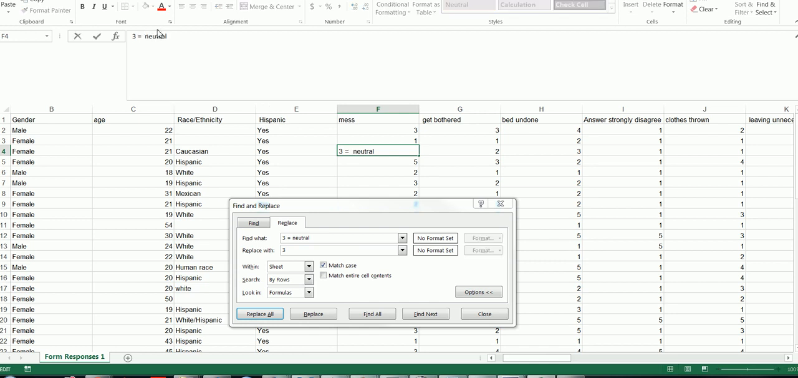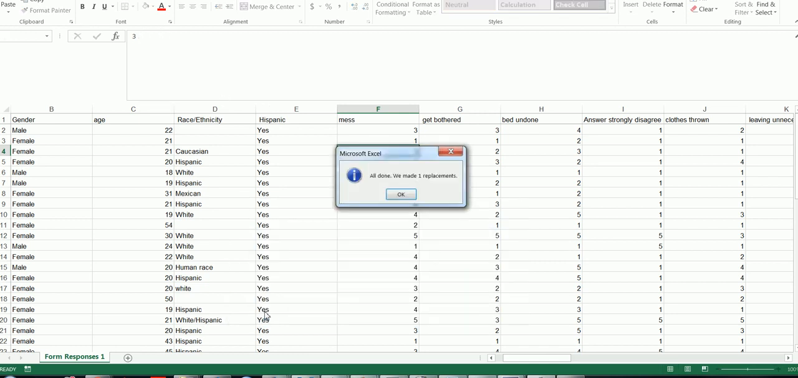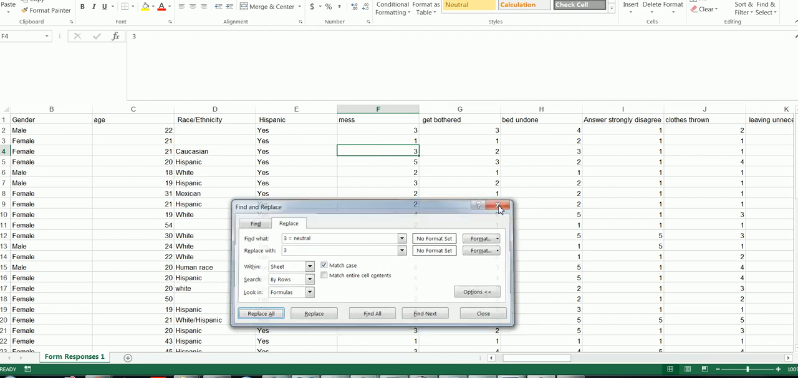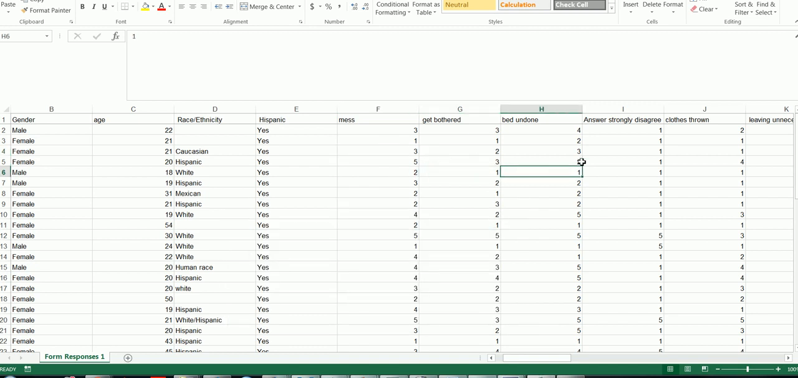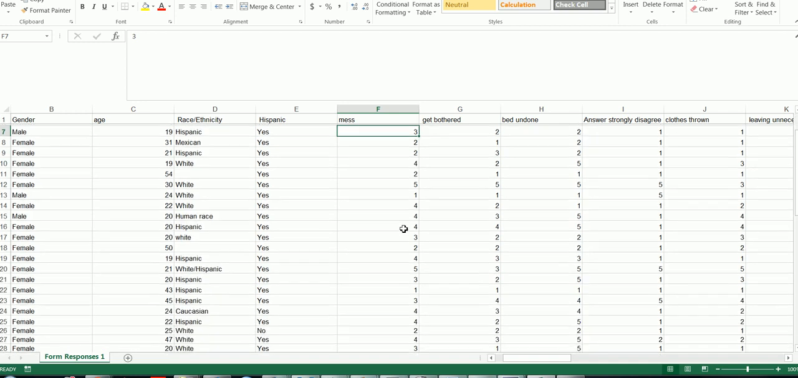I think I had an extra space in there, that's why. Alright, so replace all. Okay, so you would do that with all of the liquor type responses that have words. You'd want to simply very carefully use find and replace to replace those words with the respective numbers that they're